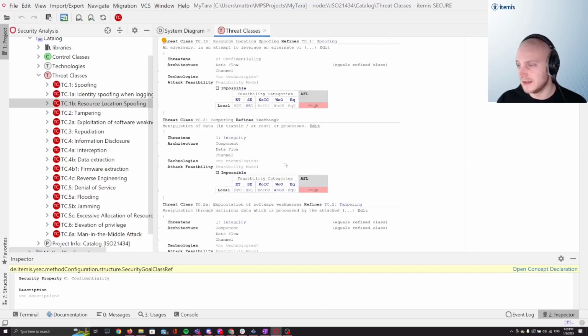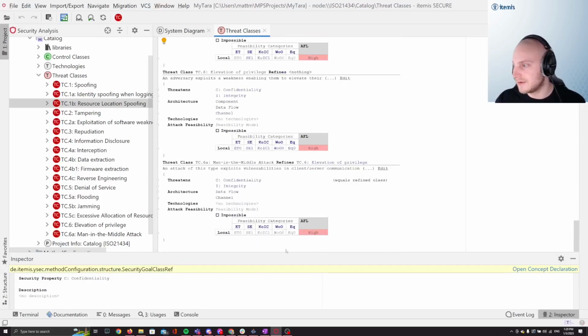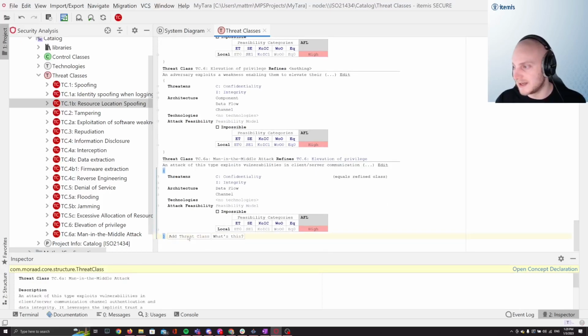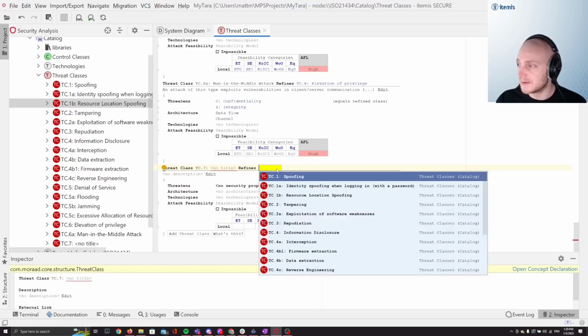You could go ahead and delete all of the information that's here if you were looking to start from scratch, but if you're looking to create a new type of attack, we can go ahead and add a threat class here. This is given a shorthand title. You can give it a more expanded title, but this refined section is really the most important part. This is where we're determining the organization of our threat class catalog and what information it should inherit based off